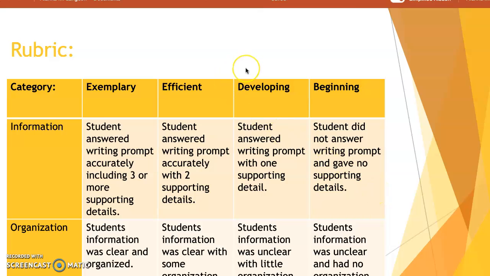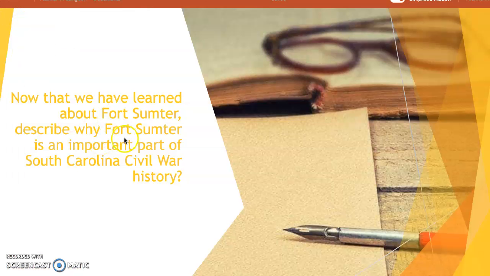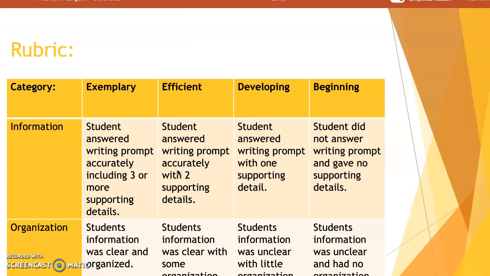And then I would introduce the writing prompt. So we would go over the rubric first and what's expected of them. So three or more supporting details. The writing prompt is describe why Fort Sumter is an important part of South Carolina Civil War history. So I would ask them to include three or more supporting details from what they learned from the article and